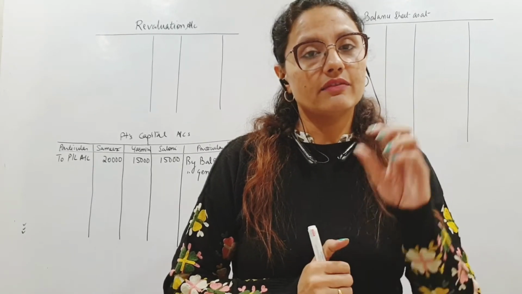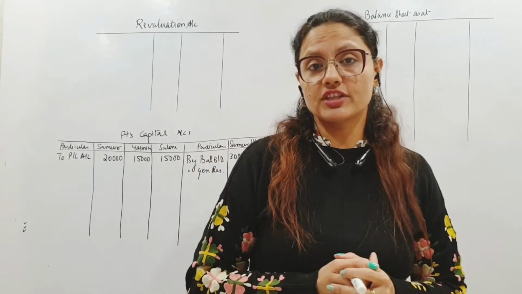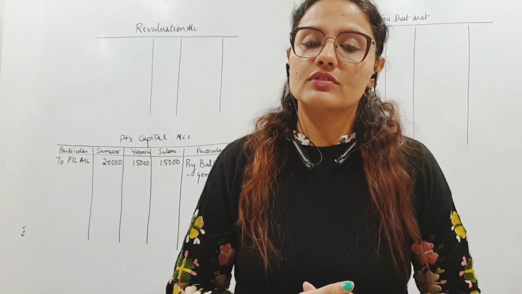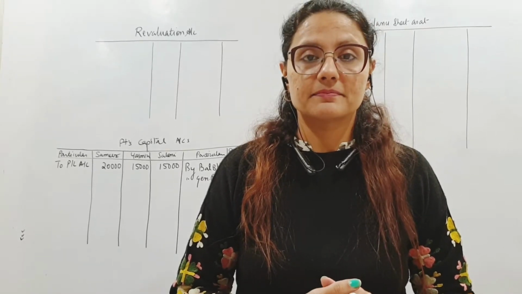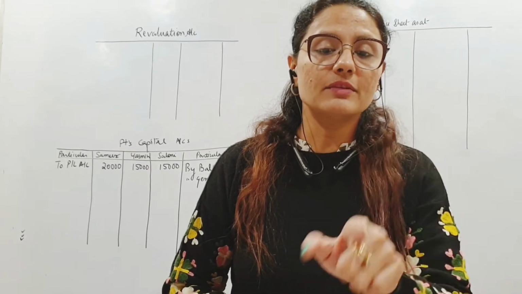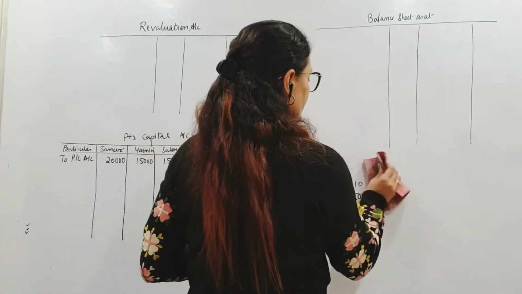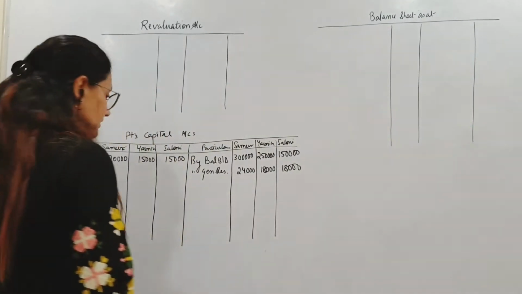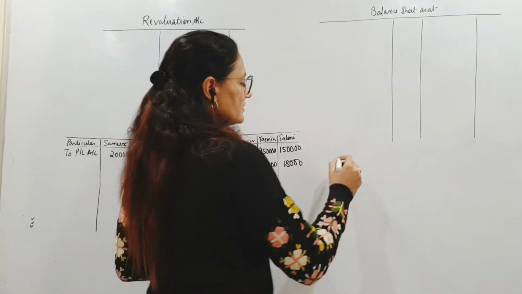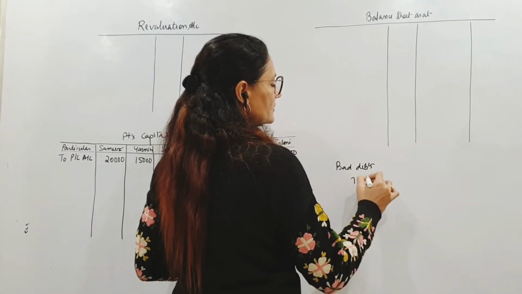So first thing, let's also work out the revaluation. Whatever gain or loss there is on revaluation, they will all have to share it, right? So let's start with that. Debtors, I see 4,000 will be written off as bad debts. Fine. And a provision of 5% is to be created. And I already see a provision of 10,000. So when there are so many things here, you should be very clear about the journal. Number one, whenever you write off bad debts, this entry is a must: bad debts to debtors